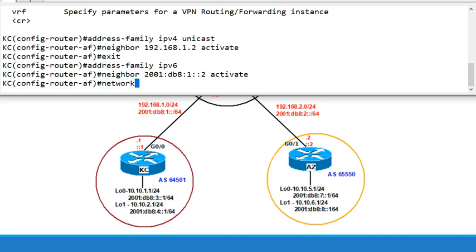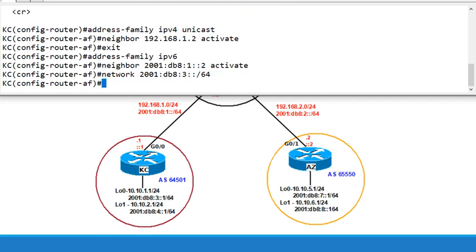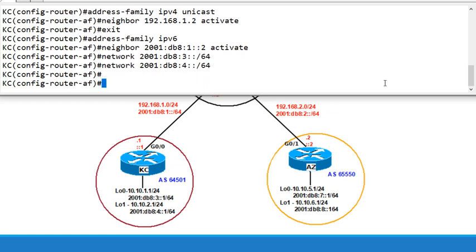So network 2001:DB8:3::/64 and hit enter. I'm just going to hit the up arrow to bring that command back and change this 3 to a 4 to specify this other network for loopback 1. All right, now we're going to go into address family